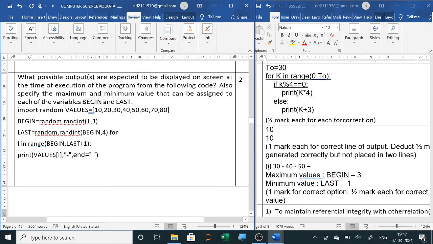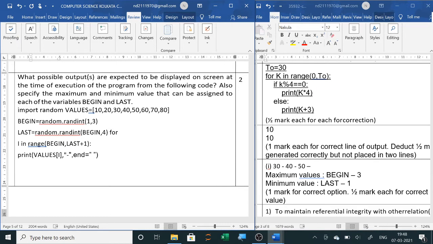Next, for i in range, begin to last plus 1. So 1 to 3, and here it will be 1 plus 1, 2. So it can be 1 number, 2 number, 3 number. Print values i. So from 1 it will start, so from 20 it will start.